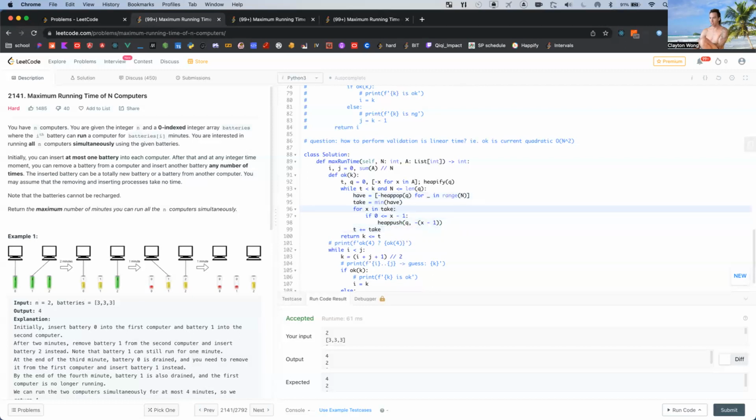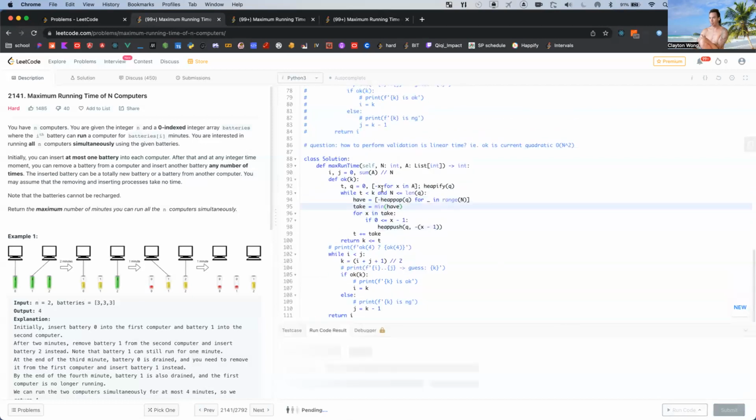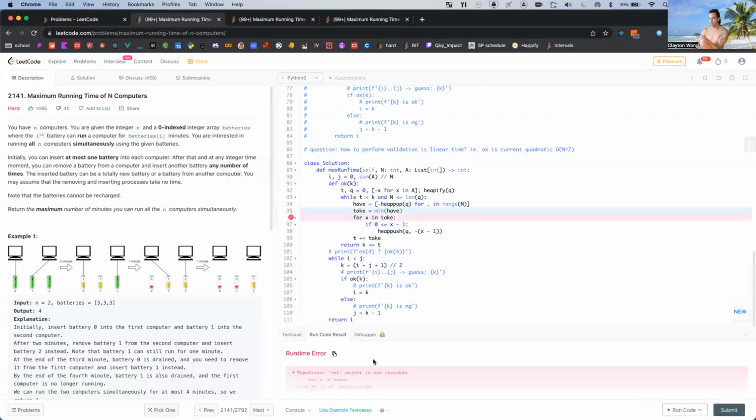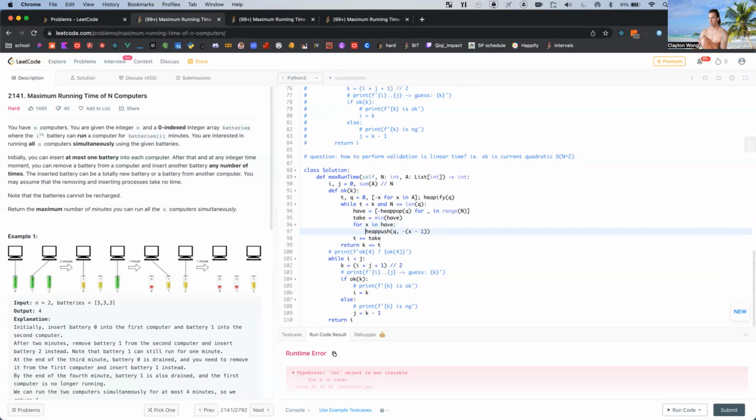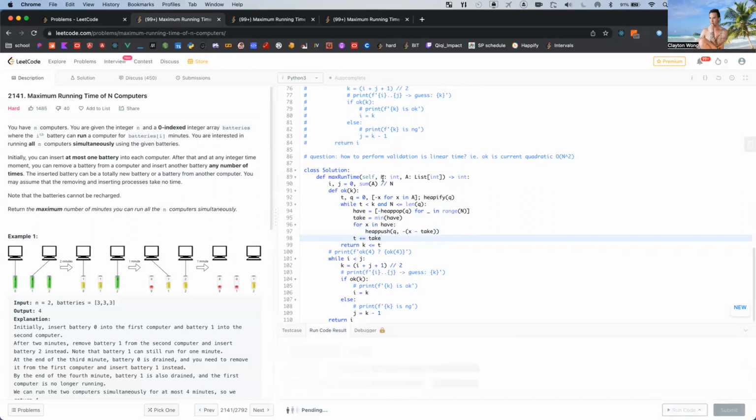But now we're taking more than one at a time, right? We're taking the minimum we can, and I think that helps. X minus take has to be greater than 0, right? So it's the minimum of what we have, X minus take, and then negate that. X equals take. Take more than one at a time. Okay, I think that looks right.